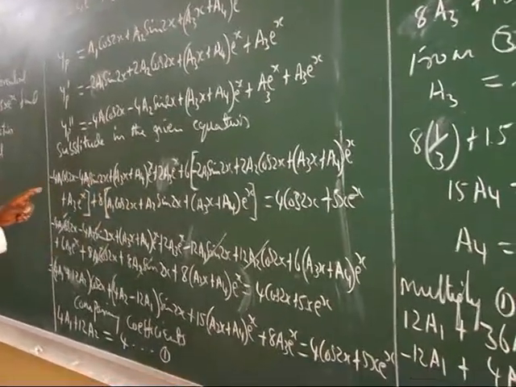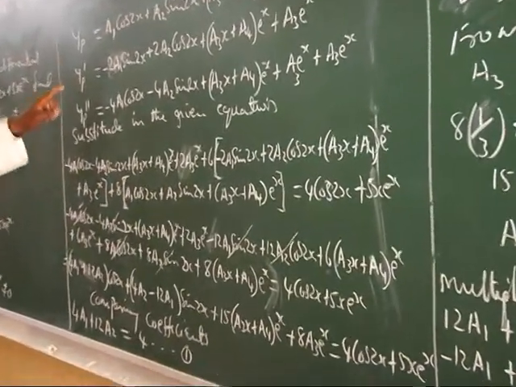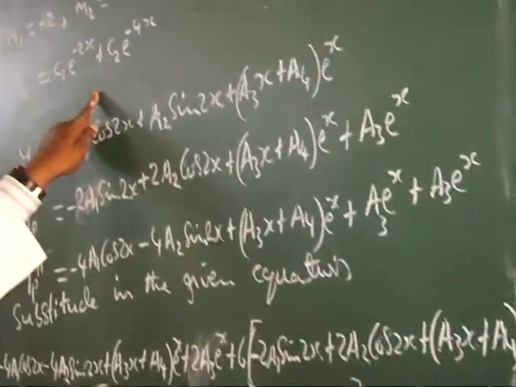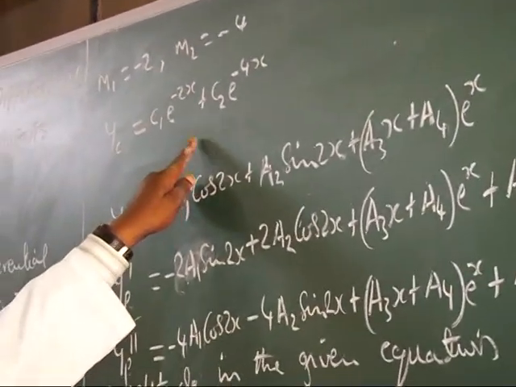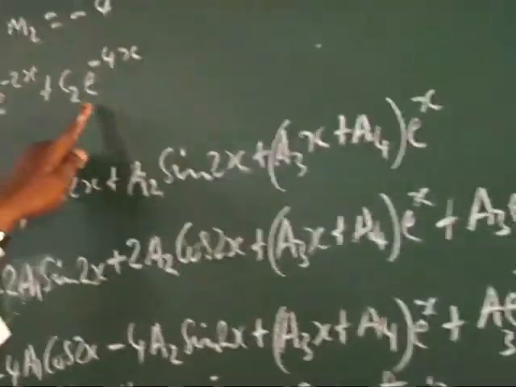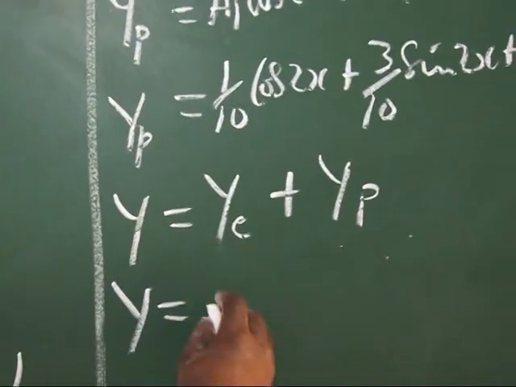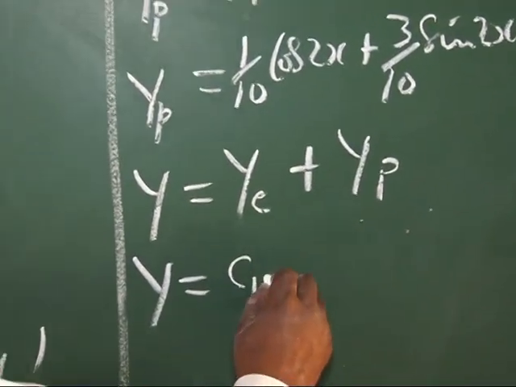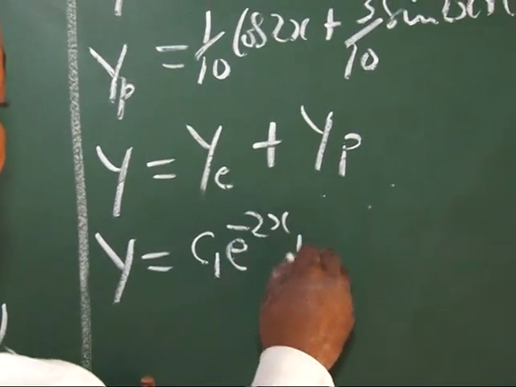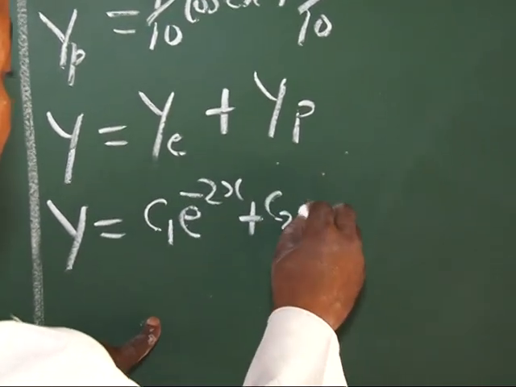yc is the first one. What do we have? We have yc to be this. yc is c1 exponential minus 2x plus c2 exponential minus 4x. Okay, so we can then come to write it that y will be equal to c1 exponential minus 2x plus c2